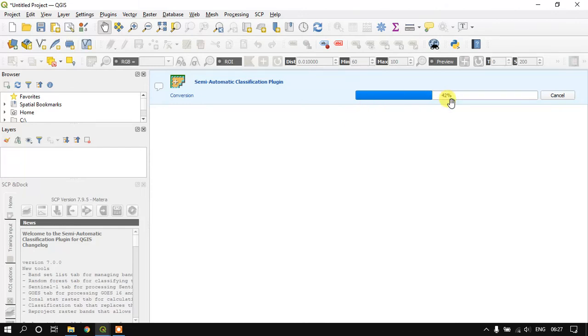You can check the progress here, on the QGIS main page. This may take around 2 to 5 minutes based on our system capacity.